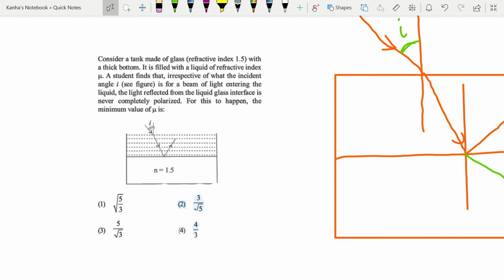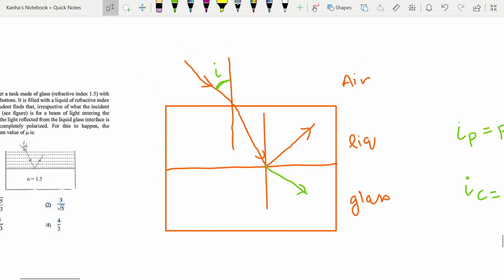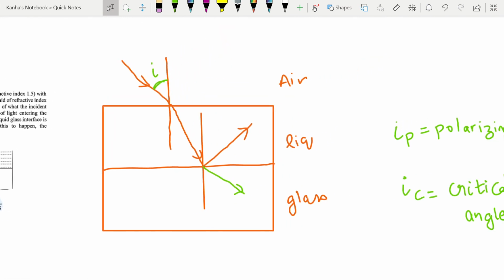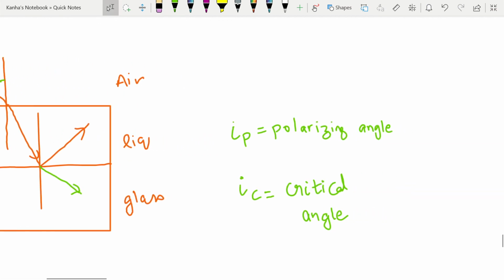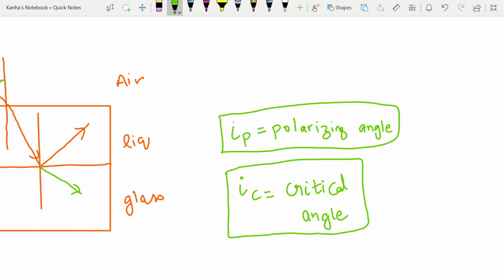So in this question again, I'll try to bring in some new concepts that you should remember. First of all, I've made the glass liquid air interface for you. This is your angle of incidence that is given to you. The refractive index for this is mu, for this is 1.5, for this is equal to 1. Now let me just briefly tell you first about what polarizing angle and critical angles are. So critical angle is nothing but critical angle, and